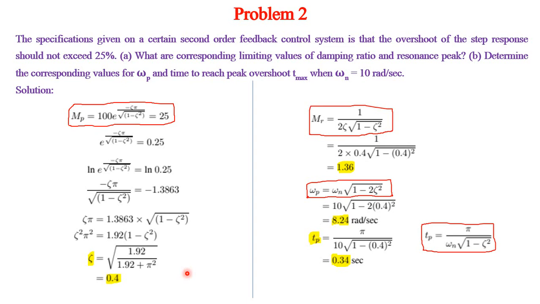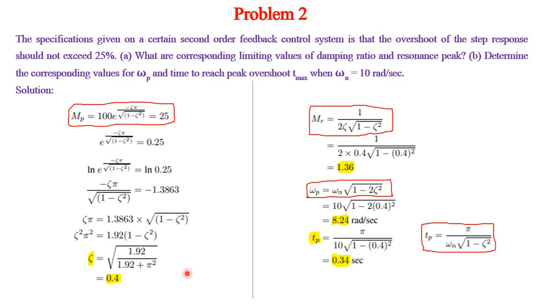Then we have said that bandwidth is actually indicating noise filtering characteristics, even though it is indicating the speed of the response. So more the bandwidth, that is more the speed, less will be the noise filtering. Even we have seen lesser the rise time, overshoot is also more. Like that, bandwidth is more means noise filtering characteristic will be less, that also we have seen. We have seen for a second order system.